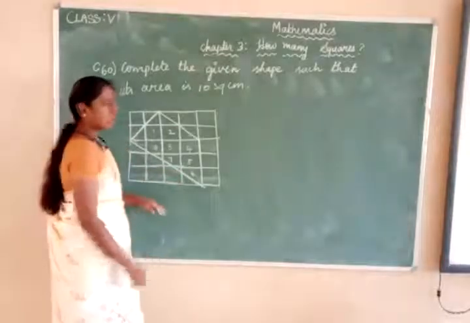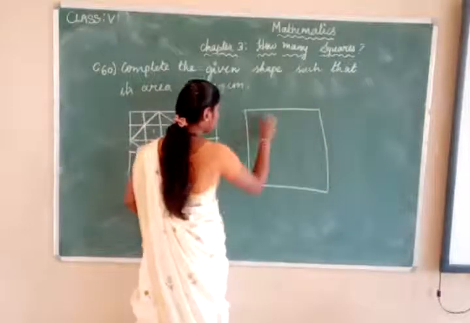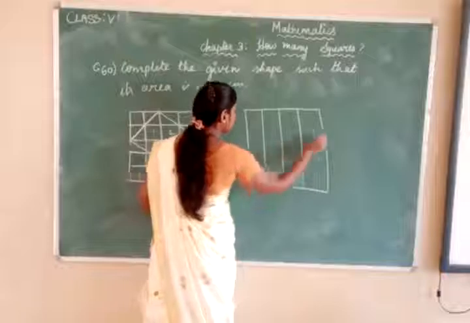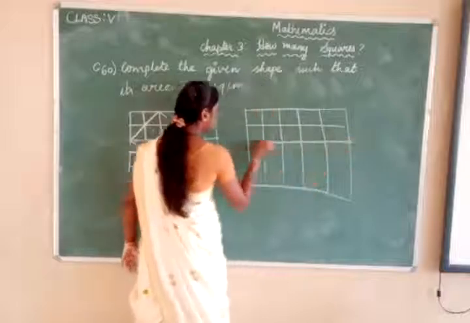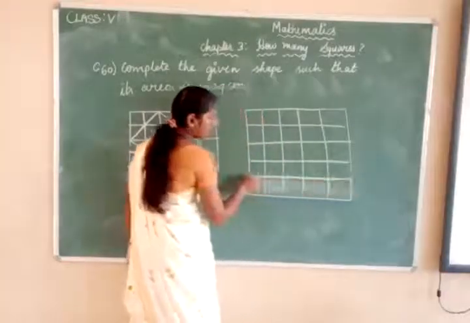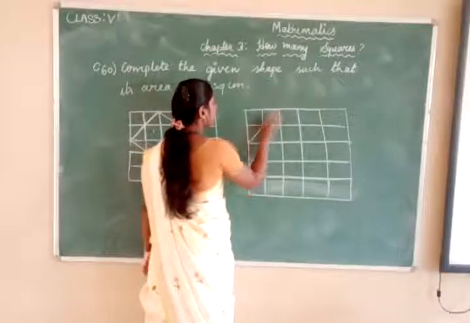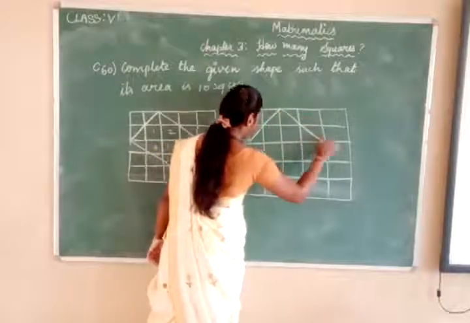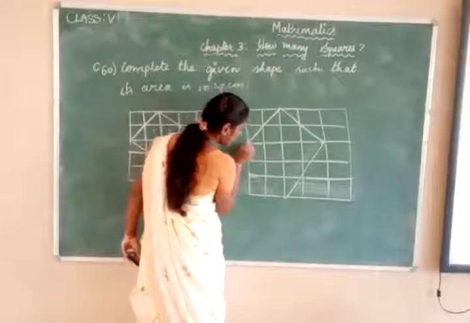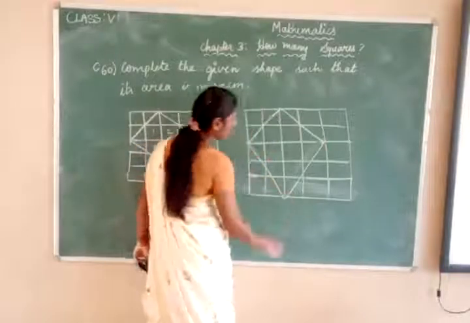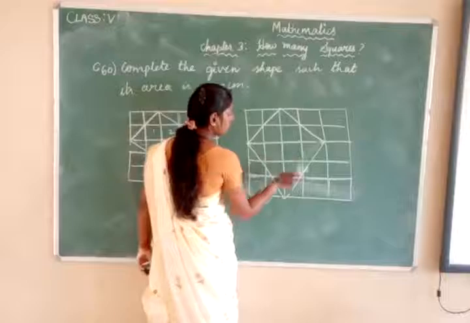So one more way is there for drawing. This is a 5 by 5 grid. So you will make 5 columns and 5 rows: 1, 2, 3, 4 and 5. Now the given figure already looks this way. Now I join it here like this. And here also you will join it like this. So here you have how many full squares? 1, 2. That's all.